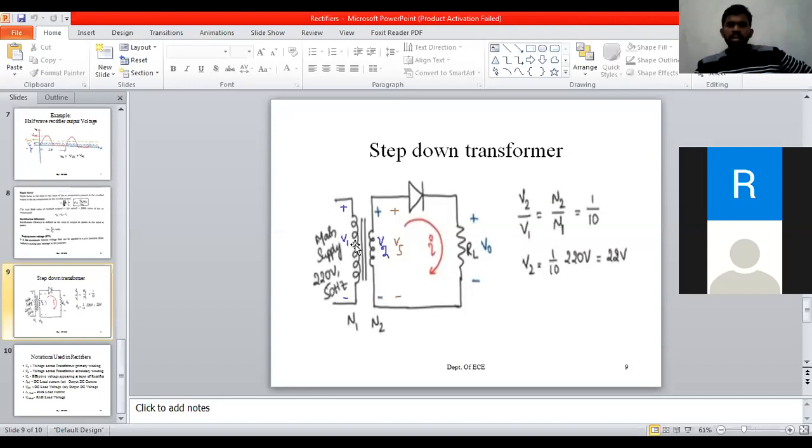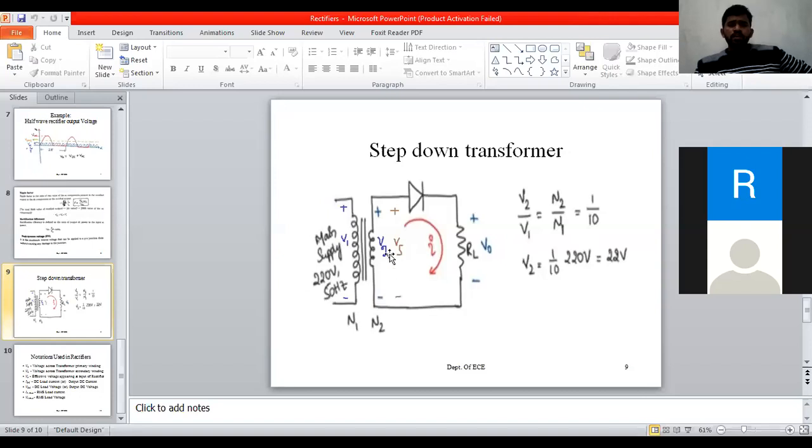As I am telling here, why I am calling this a step down transformer: here, I am considering N1 turns are 10 and N2 turns are 1, meaning N1 is greater than N2, that is a step down transformer. If N1 is greater than N2, you can observe in the diagram also, N1 has more turns and N2 has fewer turns. So this is a step down transformer. And anyhow, I connected the half wave rectifier circuit here also.